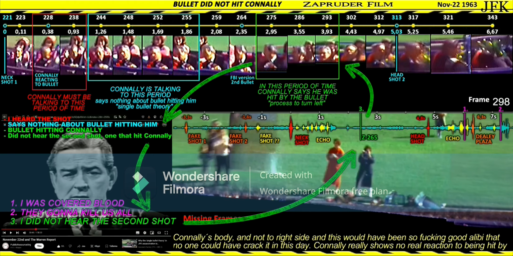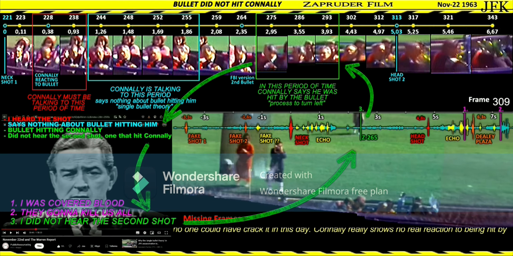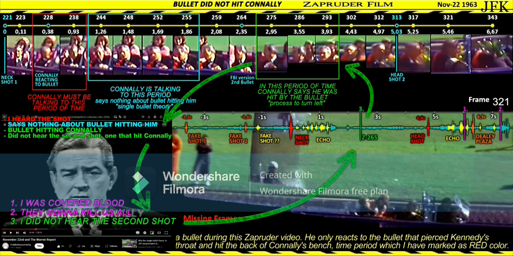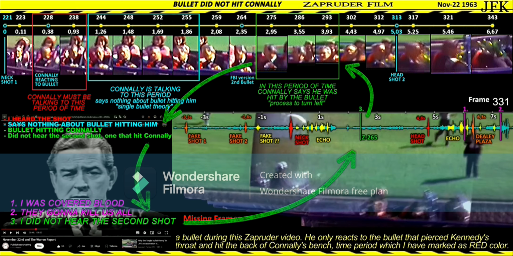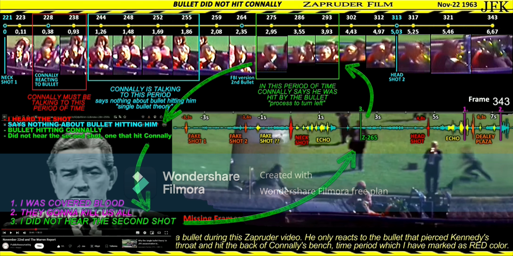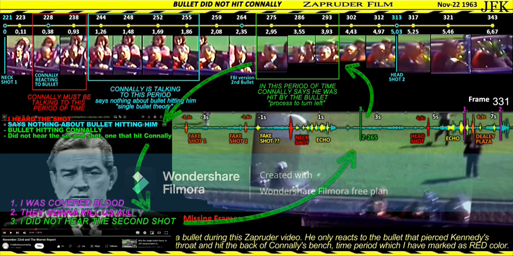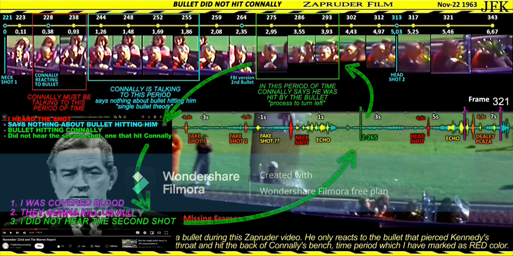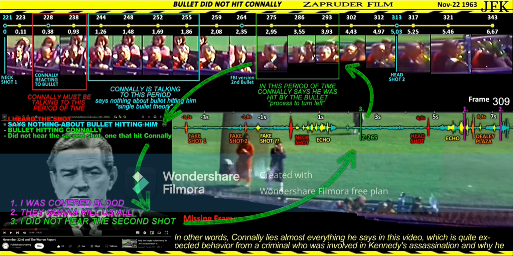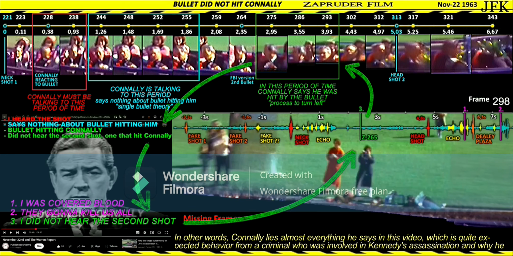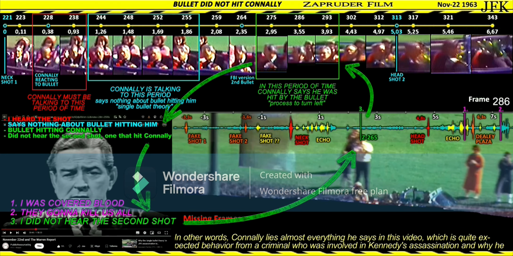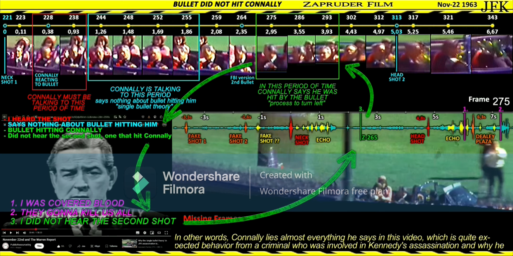Connolly really shows no real reaction to being hit by a bullet during this Zapruder video. He only reacts to the bullet that pierced Kennedy's throat and hit the back of Connolly's bench, a time period which I have marked in red. In other words, Connolly lies almost everything he says in this video, which is quite expected behavior from a criminal